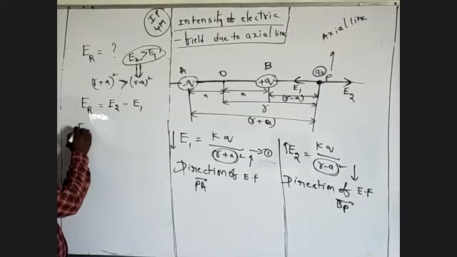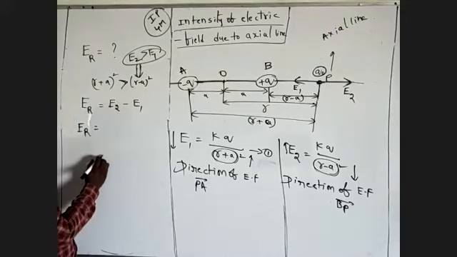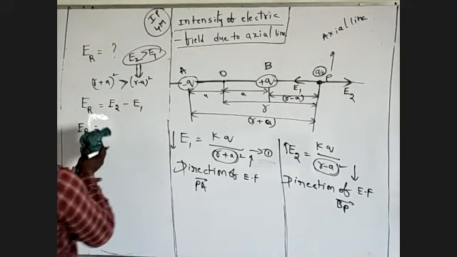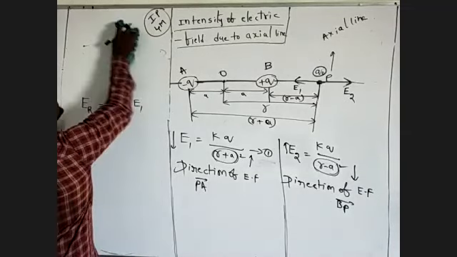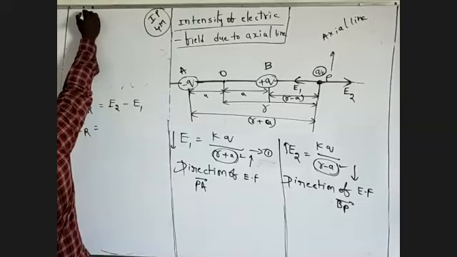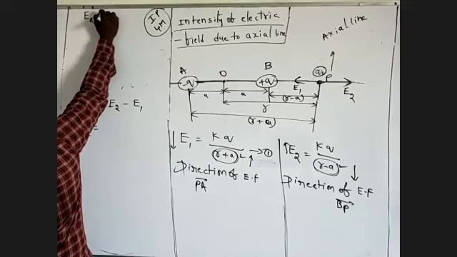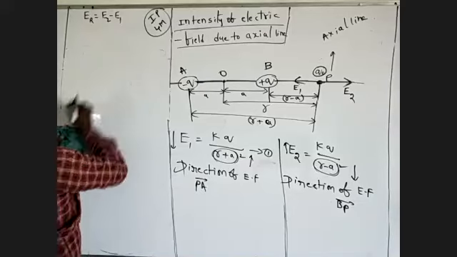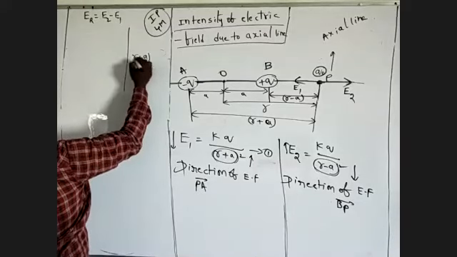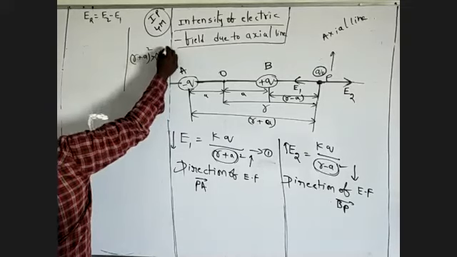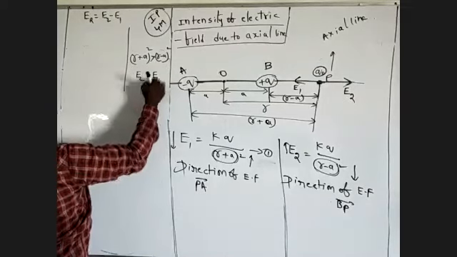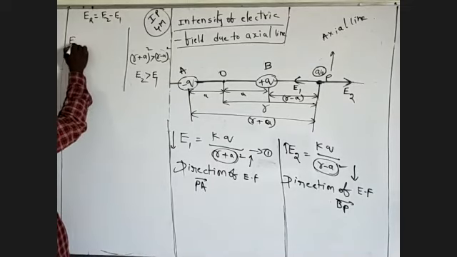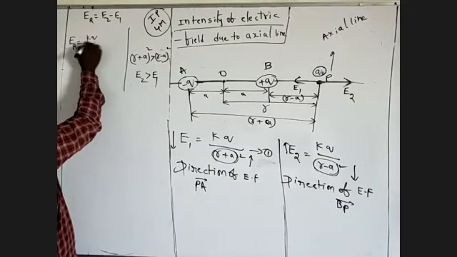So the final conclusion is that the resultant ER is equal to E2 minus E1. What is the reason? R plus A whole square is greater than R minus A whole square. That's why E2 is greater than E1. Now ER is equal to E2, which is KQ by